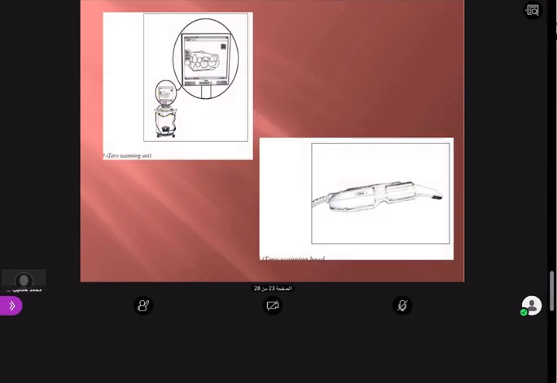Now in this picture, in the first picture, you see there is an LED attached with the system, and in the second picture, this is the optical scanner. This optical scanner we insert directly in the patient's mouth, and we rotate this optical scanner all around on the occlusal surface of the teeth, the buccal, lingual, and the adjacent teeth. So we keep moving and rotating this scanner. When we are rotating and moving this optical scanner, it will take the impression like this, as you see in the monitor. So it will capture the impression. This is called the digital impression.